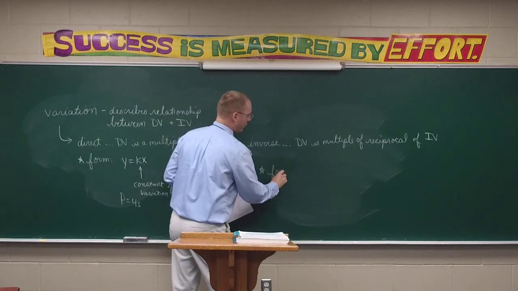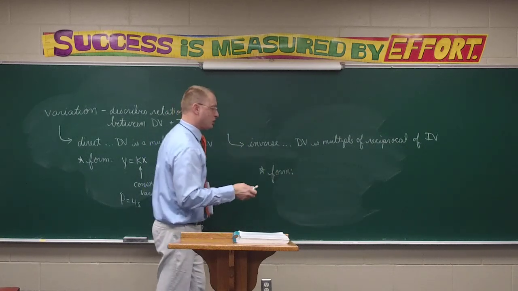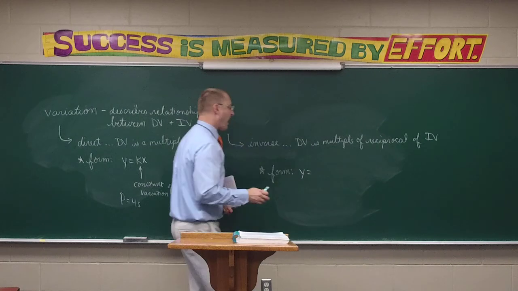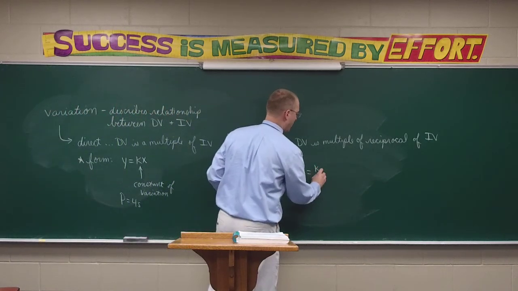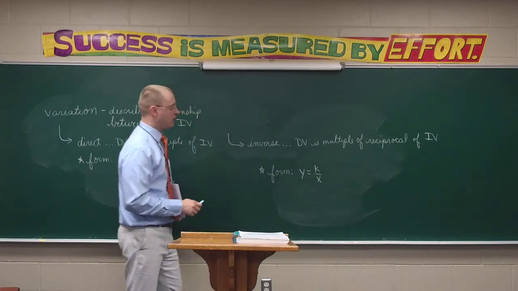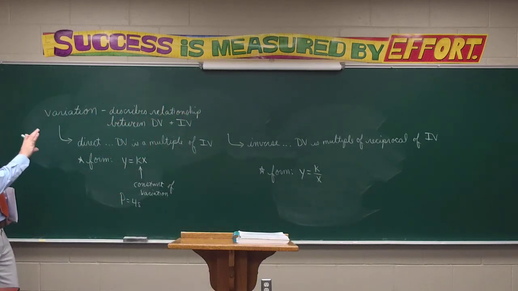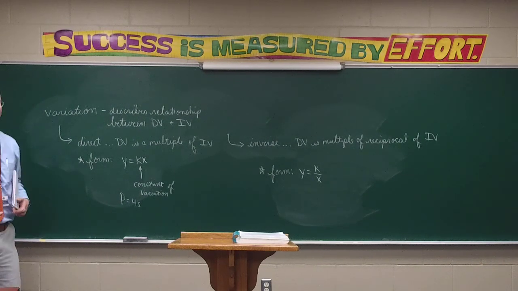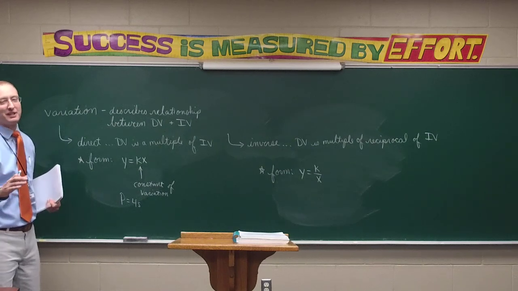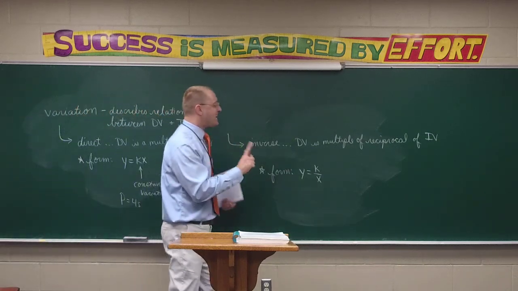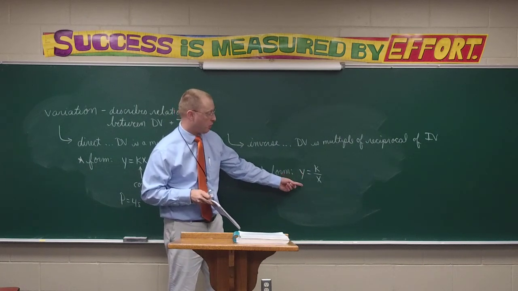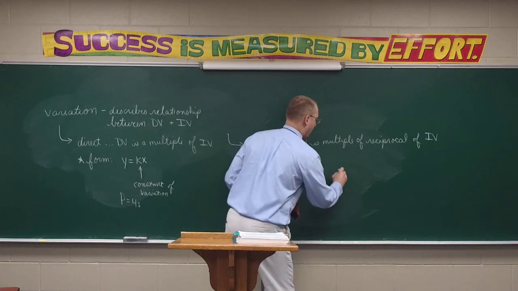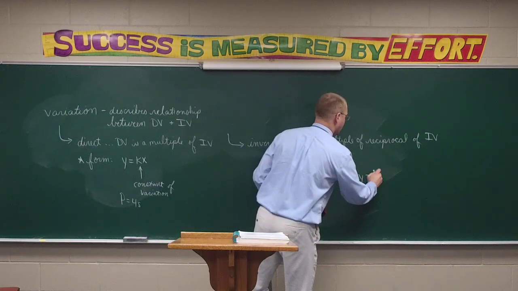So the basic form for inverse variation would be not y equals kx, but y equals k times 1 over x, or we could say k over x. Now this is the way that the book presents it. But let's face it, seeing a multiple of a reciprocal is hard. So I'm going to make life easy, because I'm lazy. If I were to cross-multiply this proportion, thinking of this as y over 1, I would get xy equals